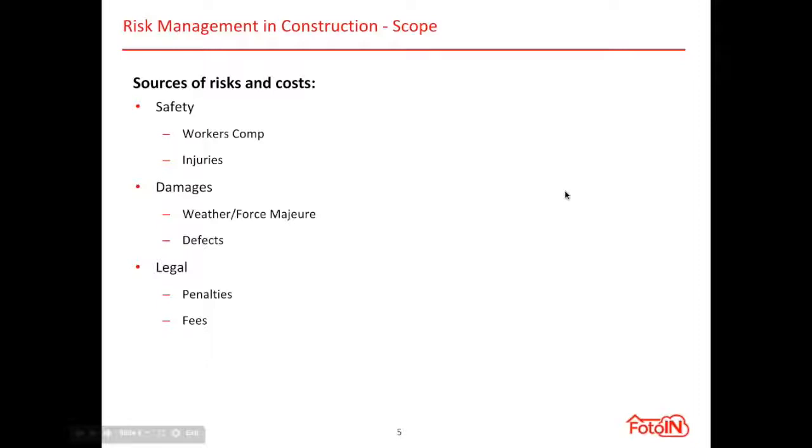I'd have to say they're almost all equal, believe it or not. Every company's different, every project's risk is different. But for example, let's say safety. If you have a fatality, you're looking at a 7-digit claim off the bat. If you're talking about damages, what if you have a catastrophic failure of the window system? And you start getting into legal with third-party claims. I mean, you could have one home run in any of those fields that could be very bad, very detrimental